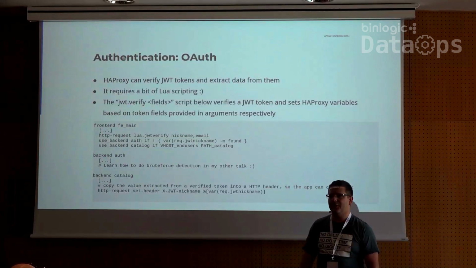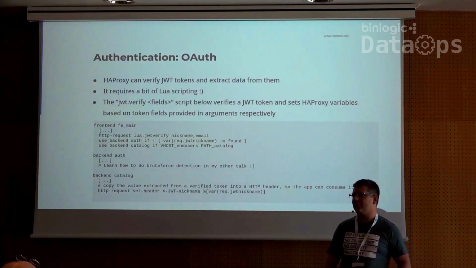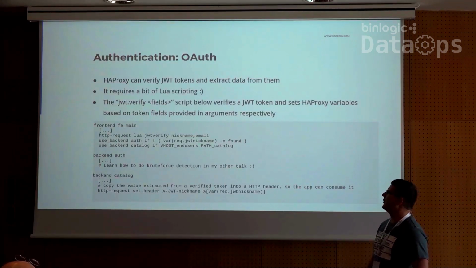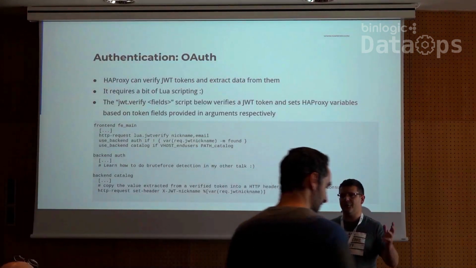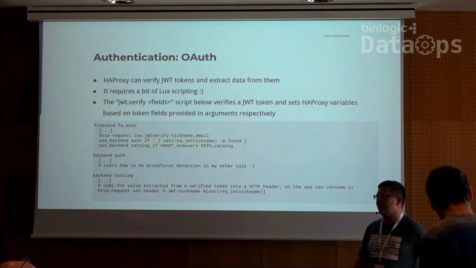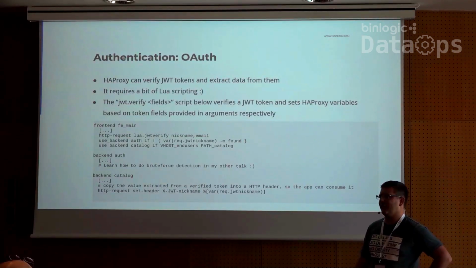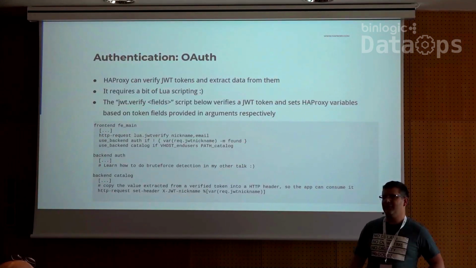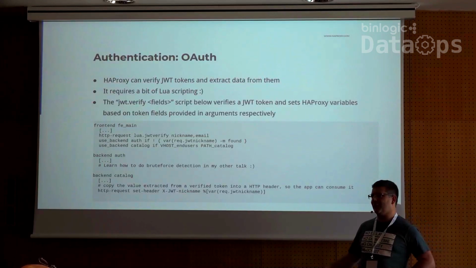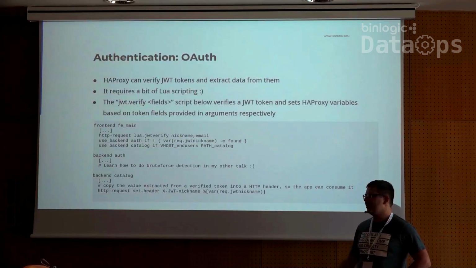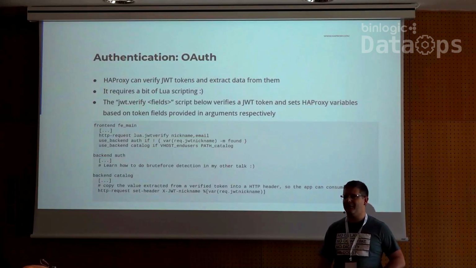Now, authentication when you use OAuth. OAuth uses JWT, you know, the token, JSON Web Token or something like that. It's not doable out of the box with HAProxy, but we have a cool feature now, whose name is Lua scripting. Lua is a language that you can embed into third-party software. HAProxy is one of these, but Lua can be found in Nginx as well, in Wireshark, and in many, many other places.